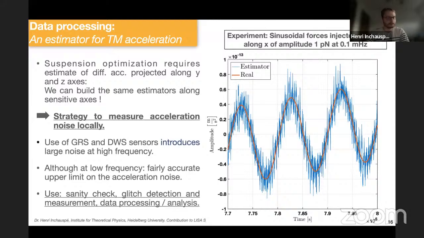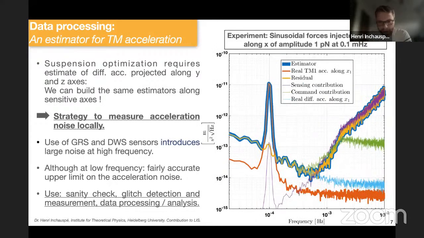Of course, there is more noise, as I said, because you're also picking up some of the second test mass noise. But still, this is a very, very interesting estimator. You can build a spectrum of it, and you can see indeed that you're able to correct for the injection you see. And as I said again, compared to the true acceleration noise of one of the test masses here, you're a certain factor above in terms of noise, because you're picking up more noise in this estimator than the true acceleration noise you want to recover. Here in the paper, you have a whole analysis of decomposing all the contributions to the estimator and verifying that